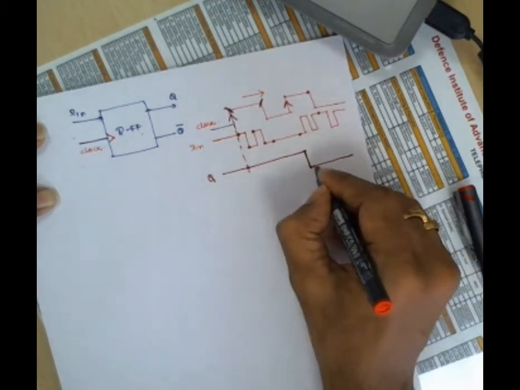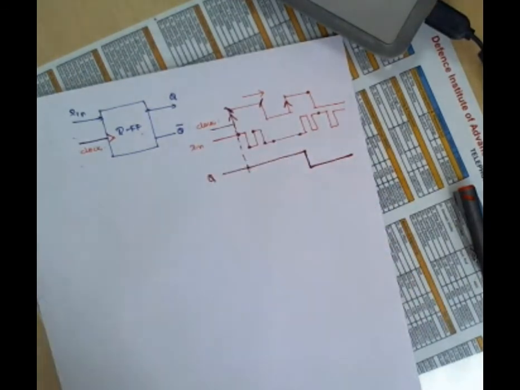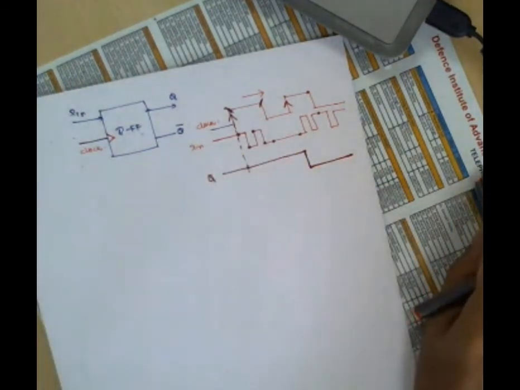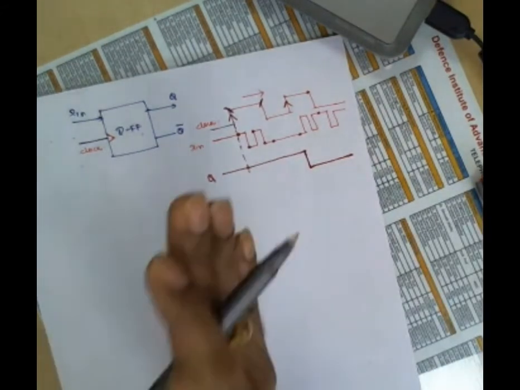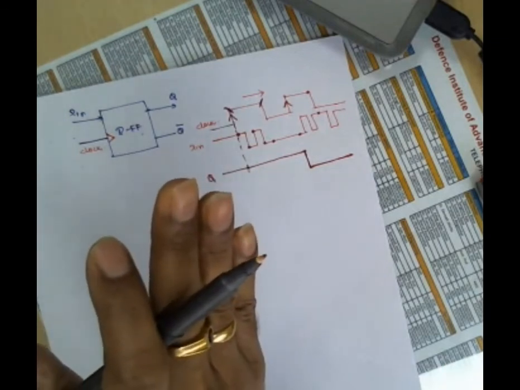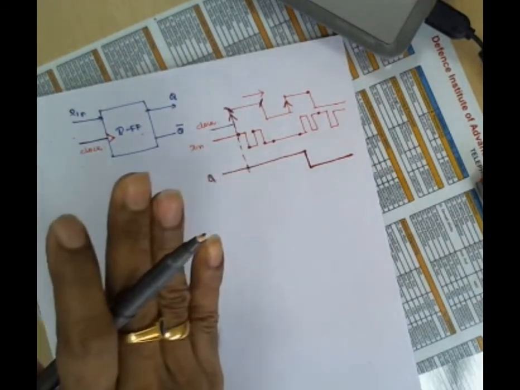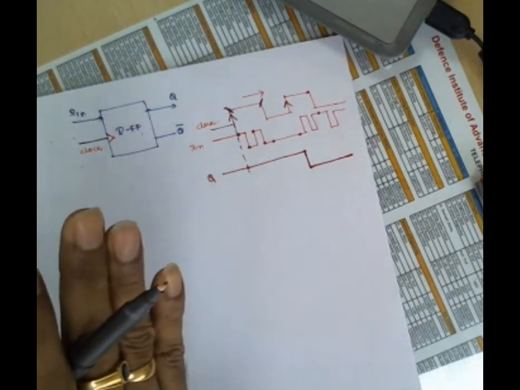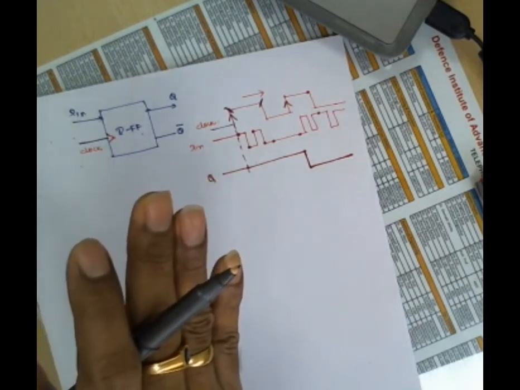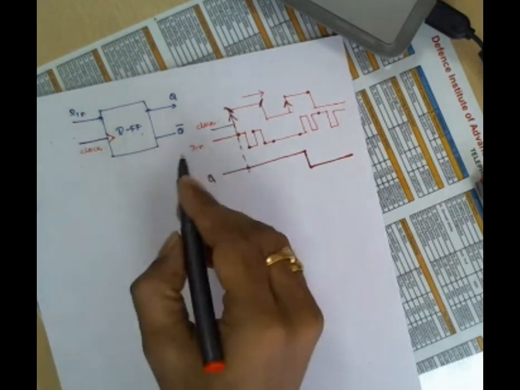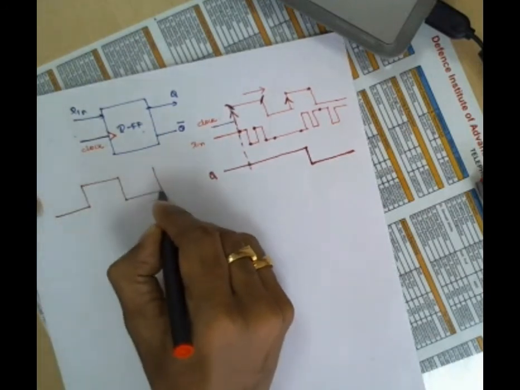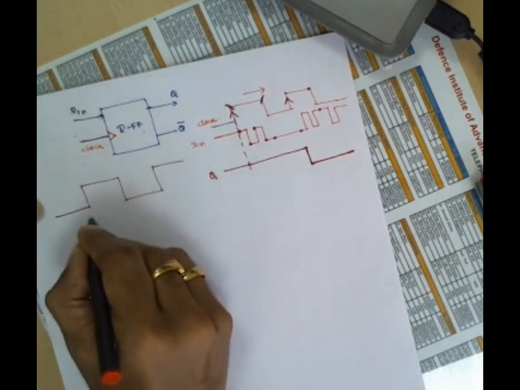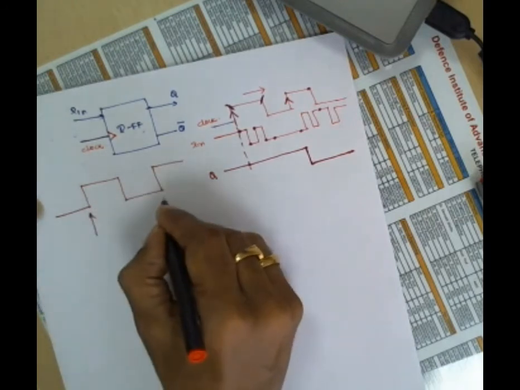That's all. That means the circuit will work only for an instant of time, only when the clock is applied. When the clock is applied, the clock applying is a very, very short period. You can say that it is a delta function. Theoretically talking, it is a delta function. Practically, it is a narrow pulse, something like this. So when we apply the clock rising edge here, the output will be changed only at this instant of time. That's all.